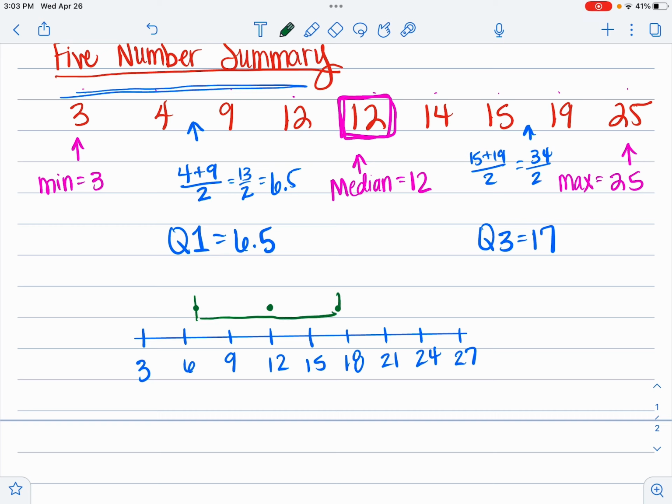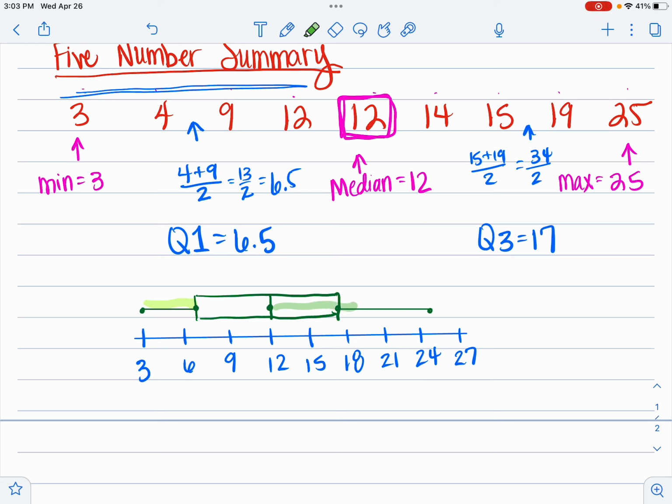Or my box of the box and whisker plot. And then you have your minimum, which is 3. And then your maximum, 25, would be like right here. And what that does is it shows us that, see how all of those little pieces are pretty close in the same size. Now, obviously, each little piece is a little different. When I say each piece, I mean like this is a piece,